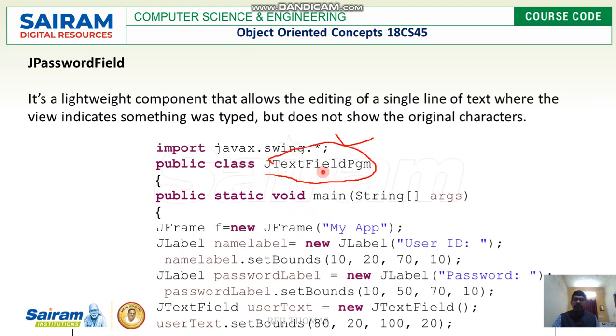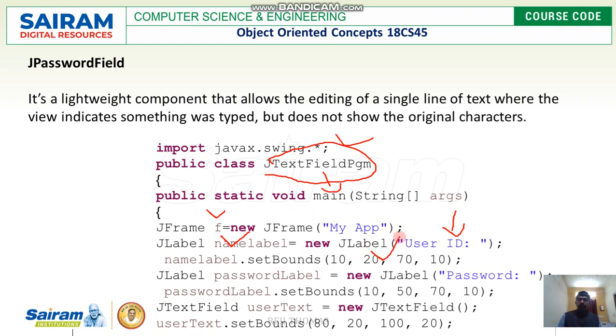We have the main method where we have created a frame and we name it my app, and we are going to have a label using JLabel, and we name it name label, and it is user ID. And this label we are going to add using setBounds with the dimensions.